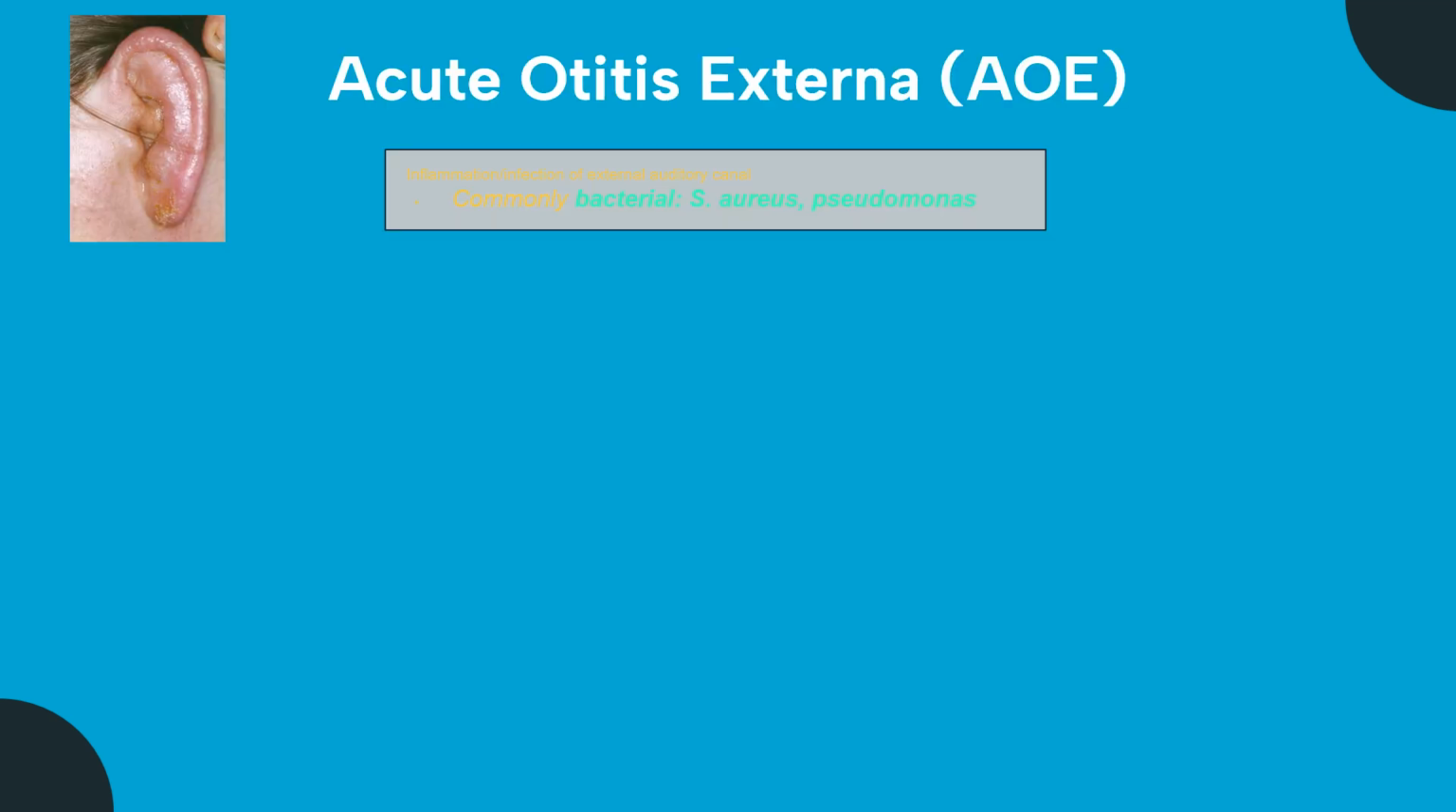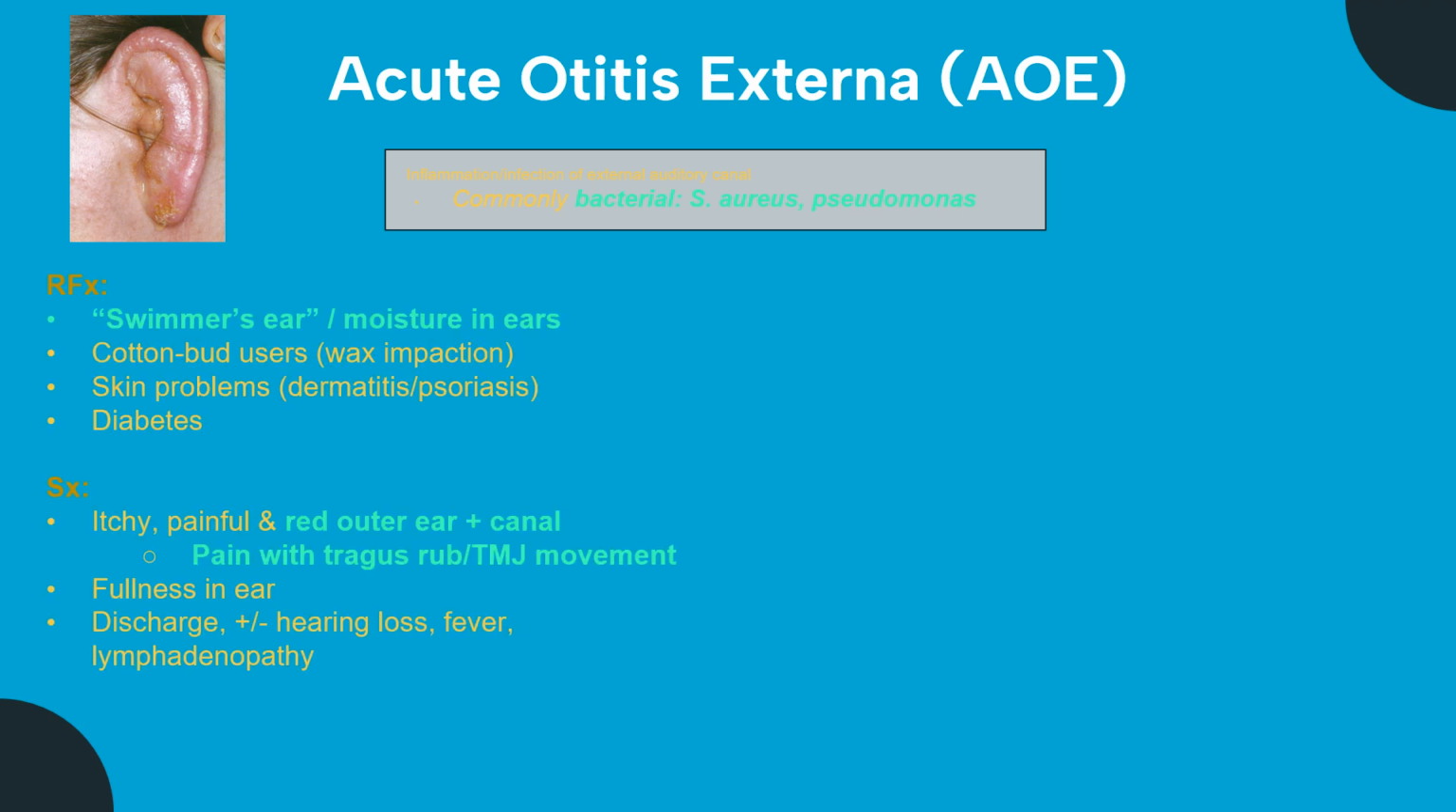So, discussing AOE, acute otitis externa. As is written, it's an inflammation or infection of the external auditory canal, as you can see on your top left there. Most commonly it's bacterial, commonly caused by Staph aureus and Pseudomonas aeruginosa. Most commonly it occurs in swimmers, so it's called swimmer's ear, but also anyone who has a lot of moisture in their ears a lot of the time. So this can be people,